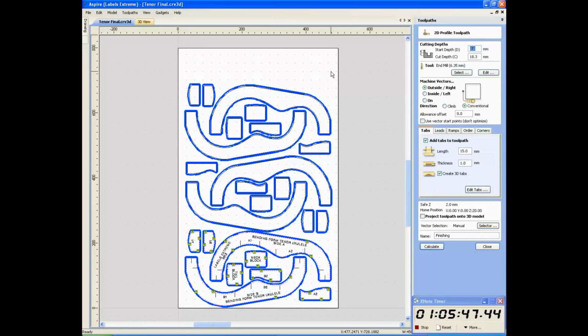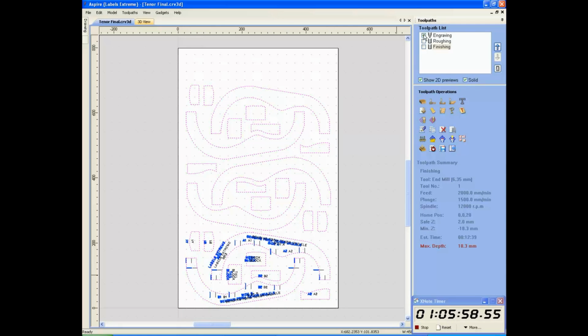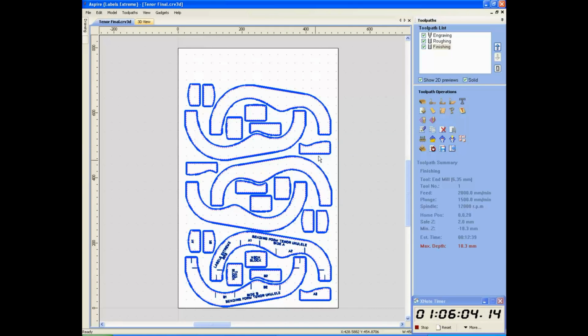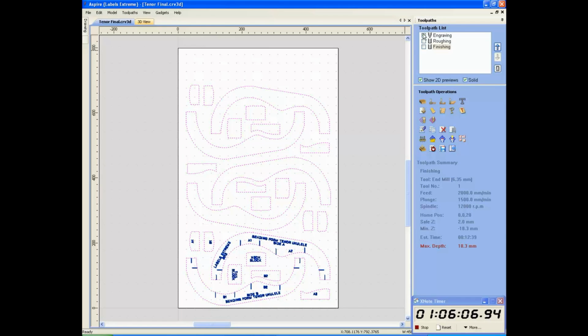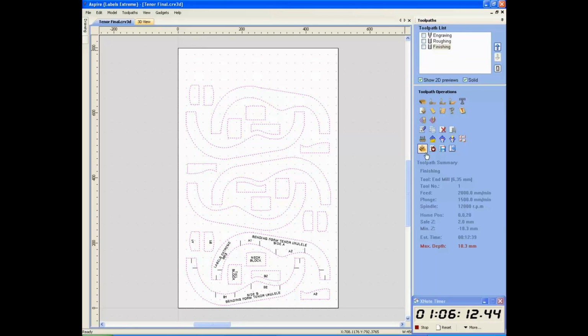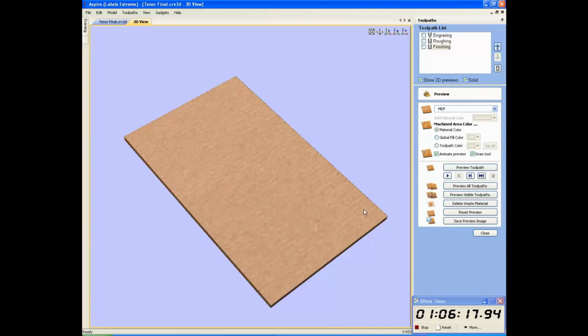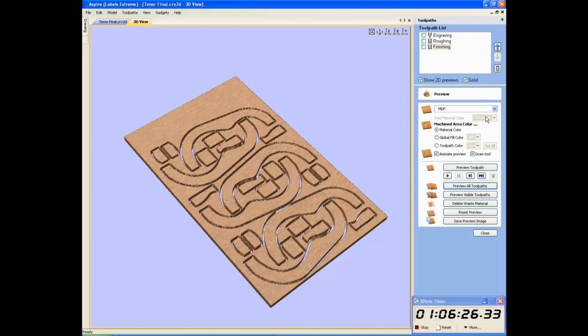same as the roughing, calculate that. There's my engraving. Actually, I need to recalculate all toolpaths. Engraving, roughing, finishing. So we go into preview. There's our new size. Preview all toolpaths. It's a little difficult to see. What we can do is